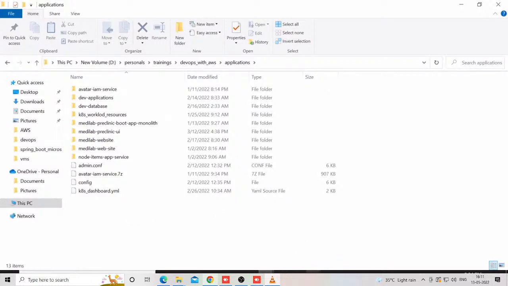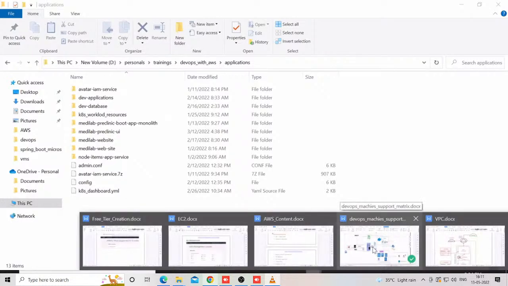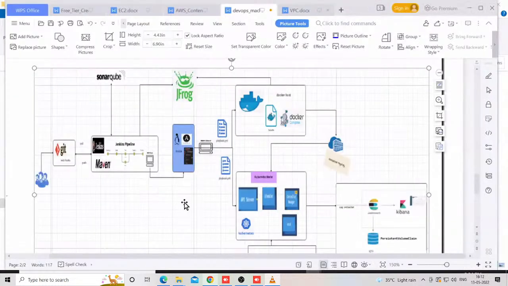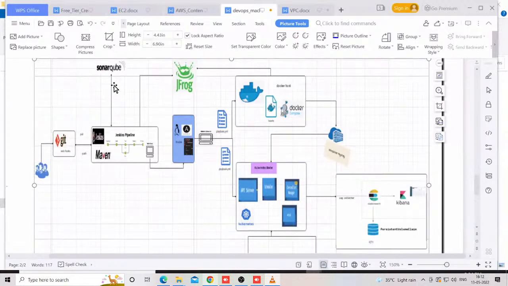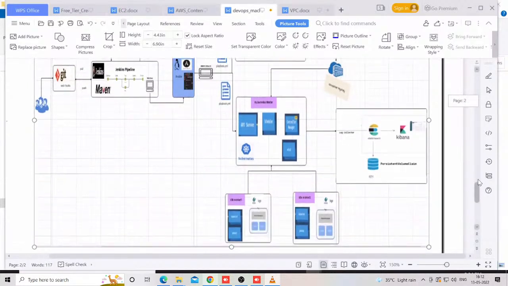100%. There is no doubt at all. Not only for experienced persons, 100%. The only thing is, the diagram is showing the pipeline here, right? In this pipeline,